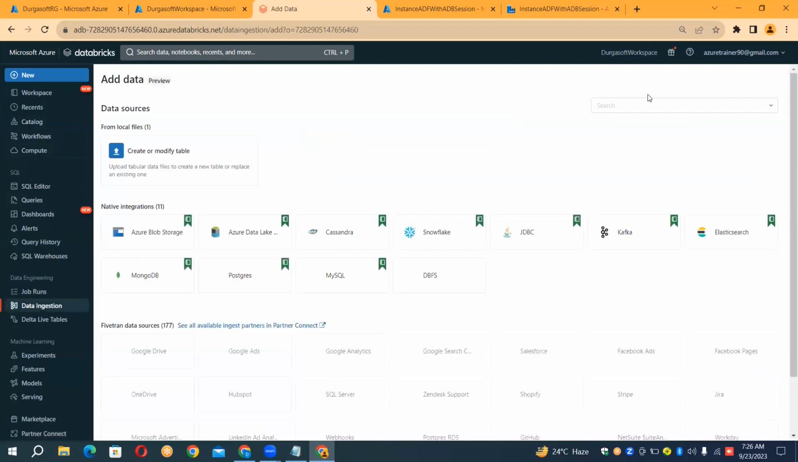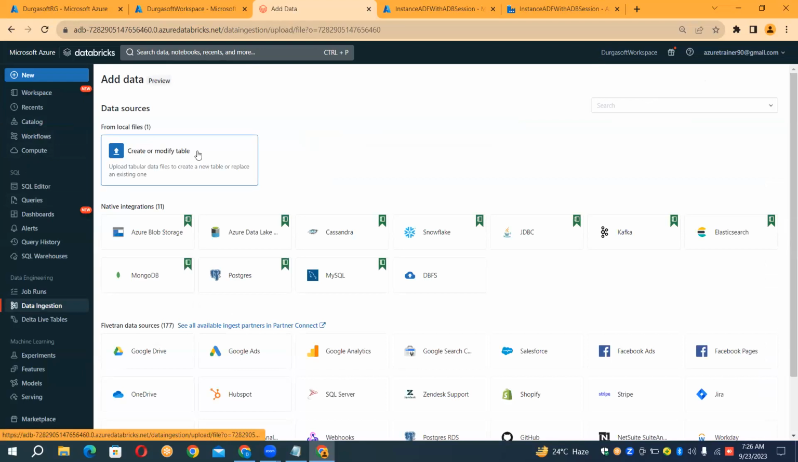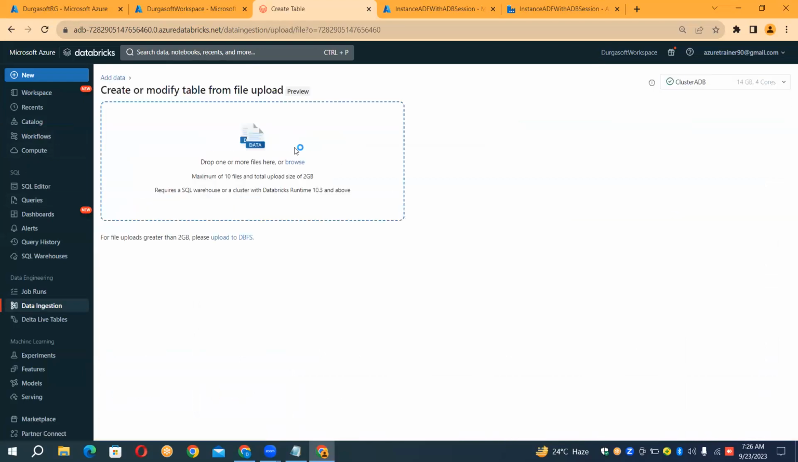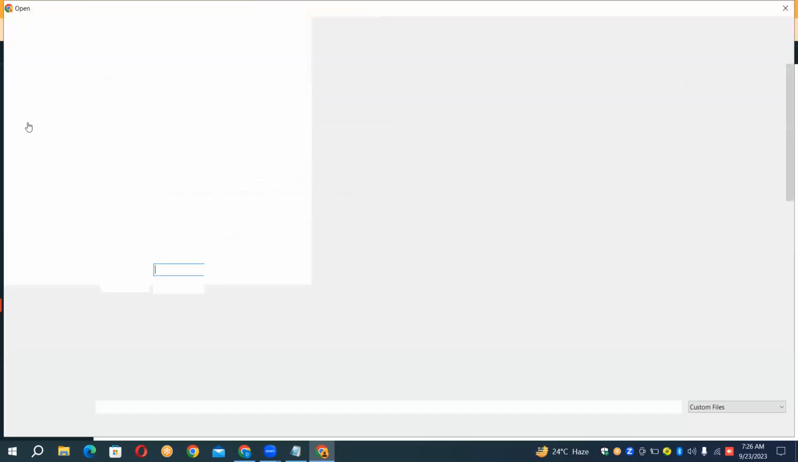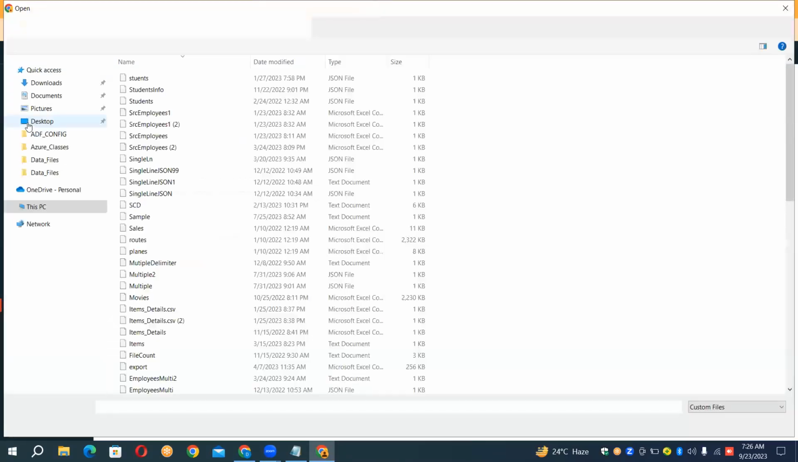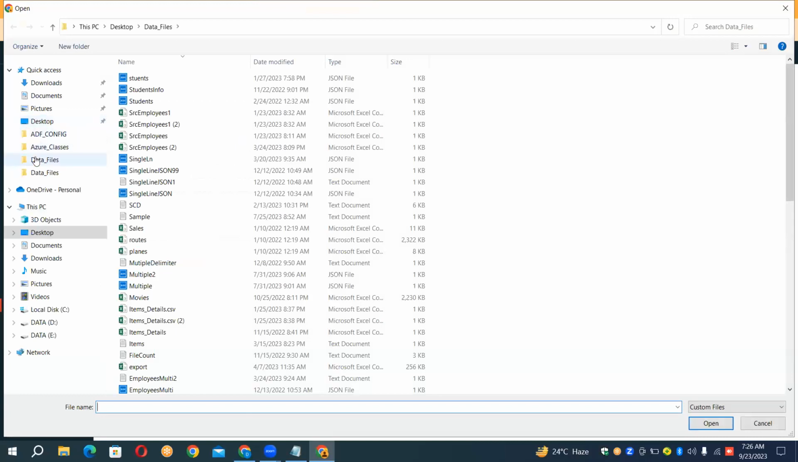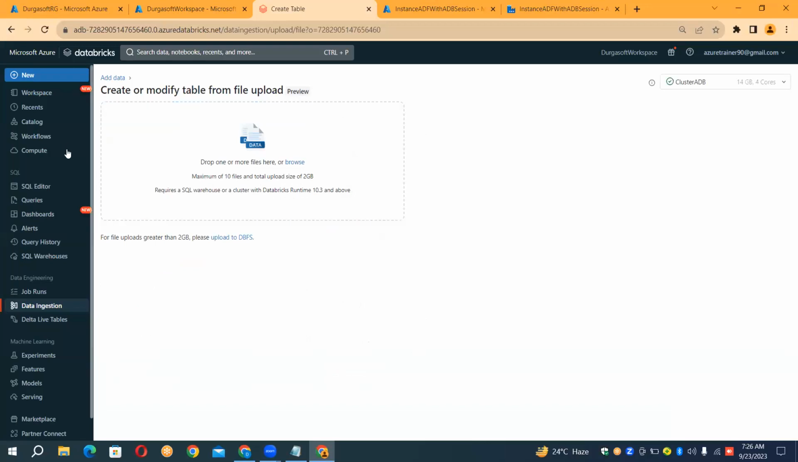Add file. Now get the file from the local drive. So what I'll do is, if I go to the catalog, I wanted to get this file. What I'm trying to do is get the data from here to